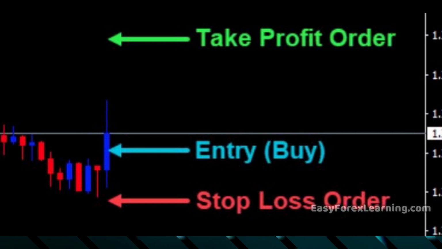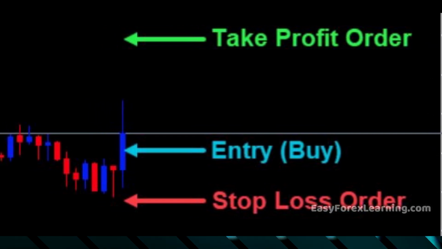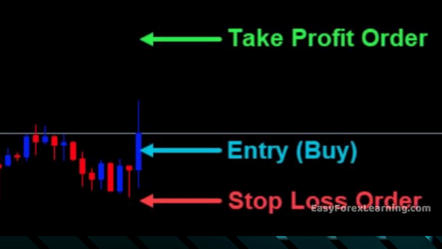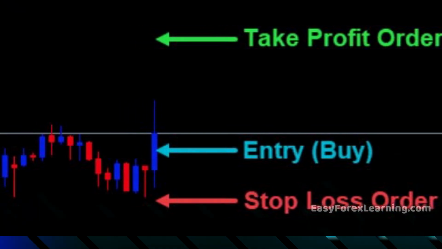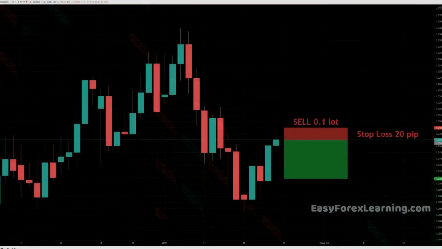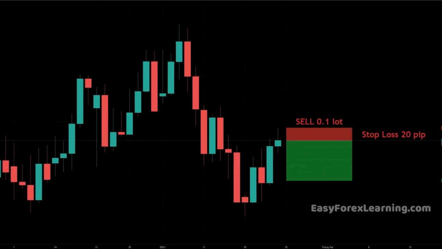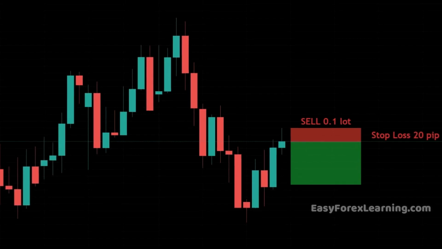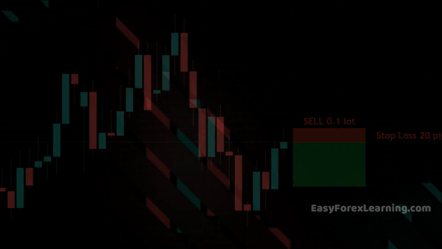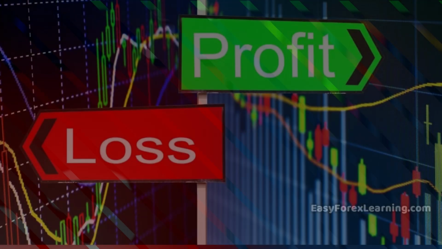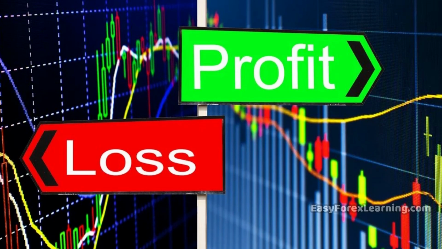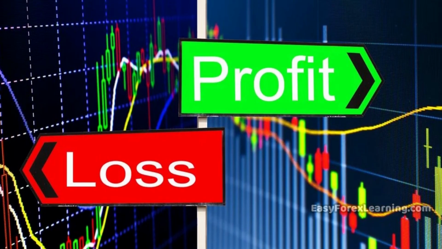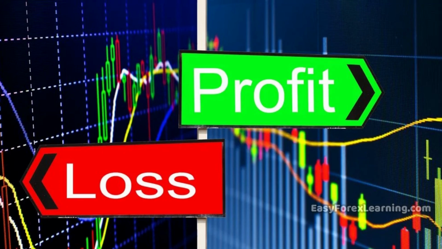Long story short, first you have to decide whether you will buy or sell. If you want to buy the base currency and sell the quote currency, it means you want the price of the base currency to go up, and you will sell it at a higher price. In the language of traders it is called long, or taking long position. Remember, long equals buy. If you want to sell base currency